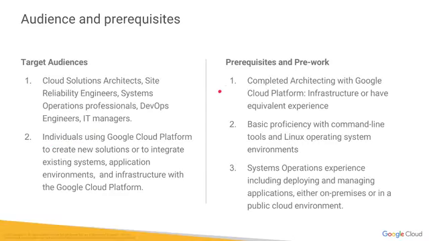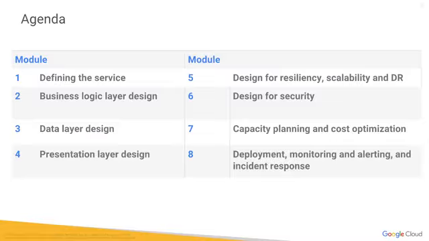Now, there are some prerequisites. We really do recommend that you've taken the architecture infrastructure class, or you have a good amount of experience, and this is going to come pretty easy for you. Working with Linux, pretty much everything here is Linux, our Google Cloud Shell, and so some basic proficiency and comfortability with that. Also systems operations experience. So if you've deployed and managed production servers and deployed applications either on-premise or on the public cloud, that would also be very helpful because this is what we're really focusing on, is how to adapt from those environments to the Google Cloud Platform.